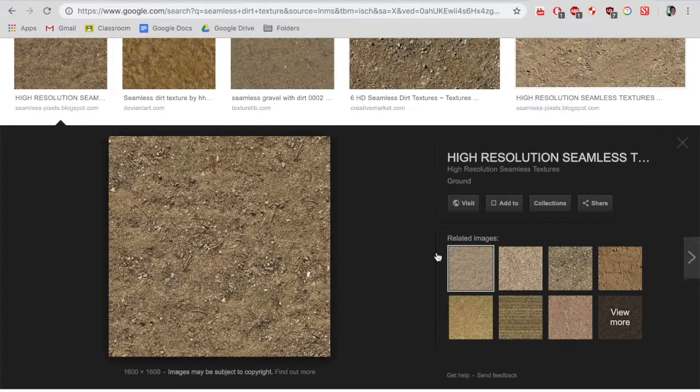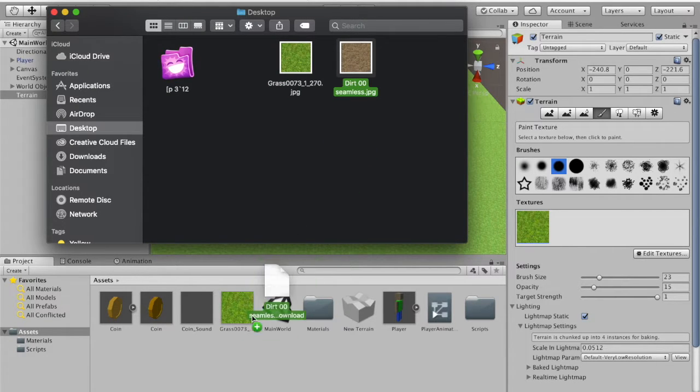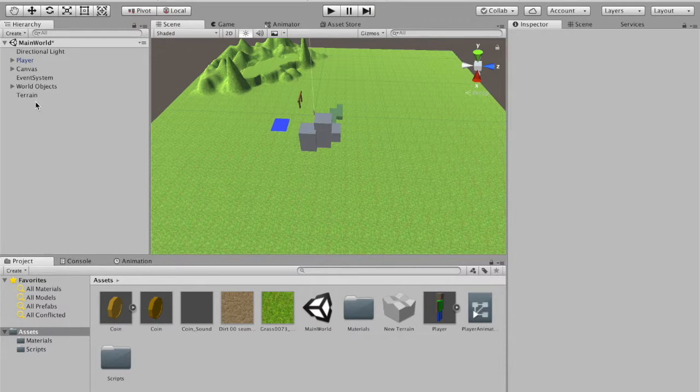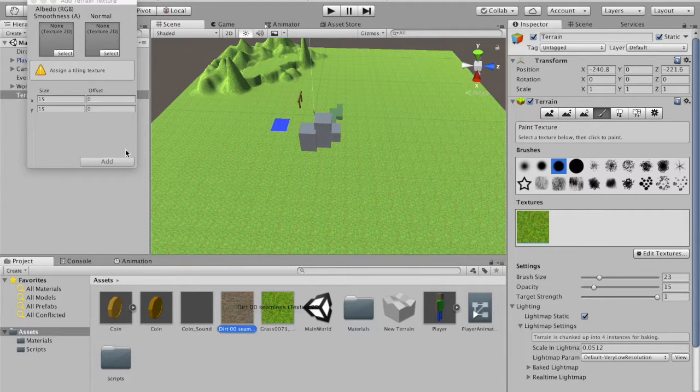And sure, dirt seamless works fine for me. Just close that and go back into Unity. Now when I drag our dirt texture in, it will do the exact same thing as our grass texture, hopefully here. Yep, and go into our terrain and click Edit Textures and Add Texture, and just drag our dirt texture